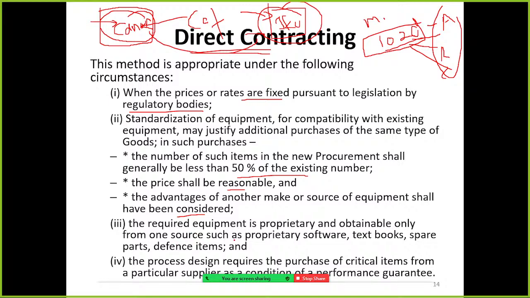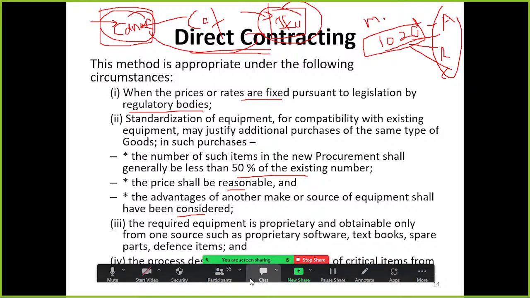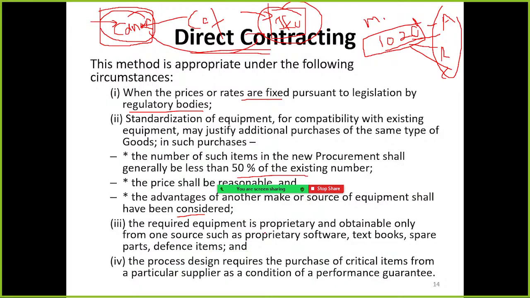The required equipment is proprietary and obtainable only from one source, such as proprietary software, textbooks, spare parts, and defense items. The process design requires the purchase of critical items from a particular supplier as a condition of performance guarantee.